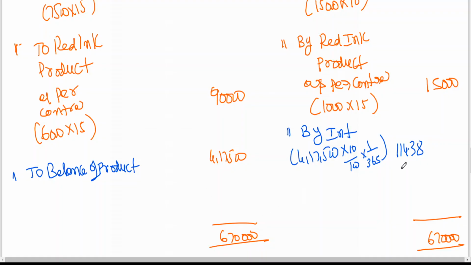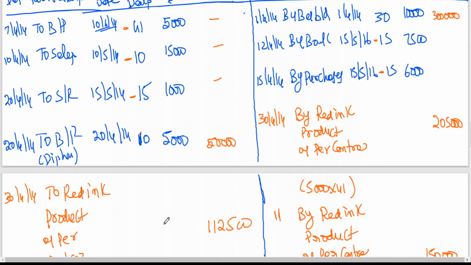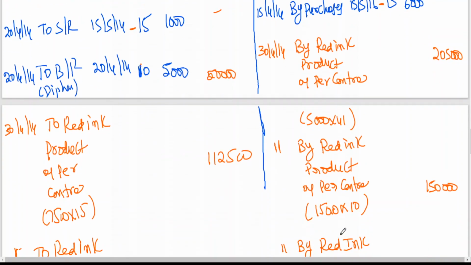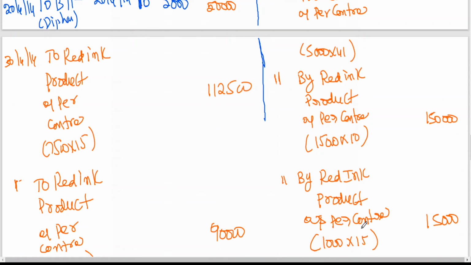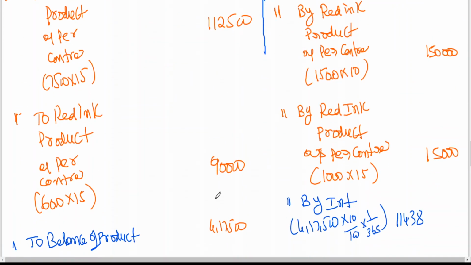The interest product is showing on the credit side for the first time, but the amount which side is showing more? Credit side is showing more, debit side is showing more. This is what I was telling you. Interest may appear on the credit side. It doesn't mean that balance also has to be more on the credit side. Balance can be, the amount column can be debit side more or credit side more. So far, whatever the problems you have seen, product is also more on the debit side, amount is also more on the debit side. Here product is more on the credit side because of number of days factor. Amount is more on the debit side. So we have to go as it is.